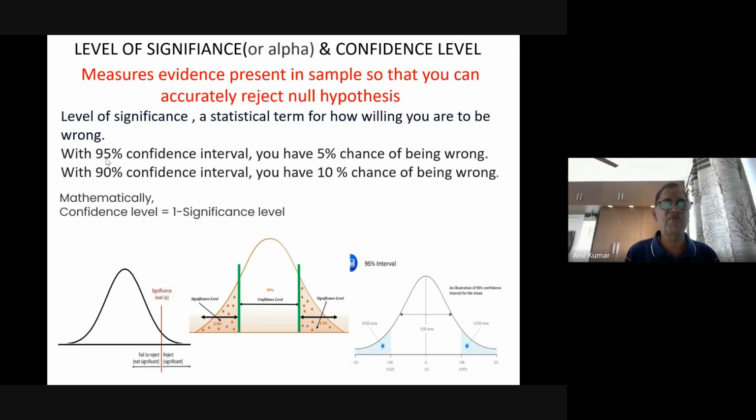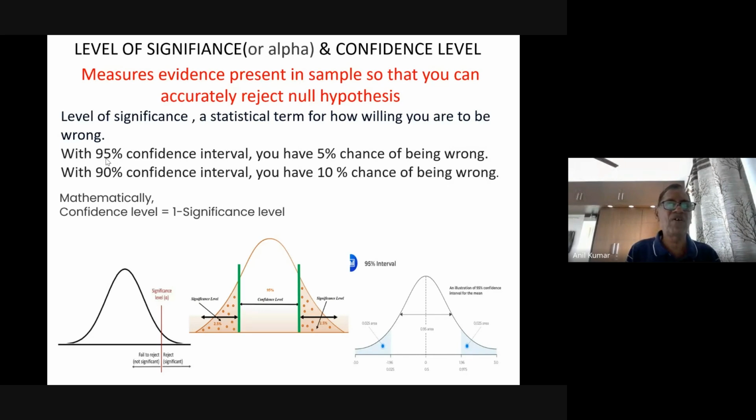Likewise, if you are talking of science and you are setting the level of significance or confidence level in science subjects through research, then you think of more than 95. You will never like to go for a 5% chance of being wrong. You would like to say 99%, giving only a 1% chance of being wrong. 99% confidence I would be able to say that.